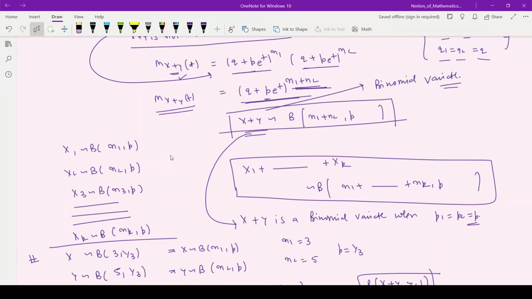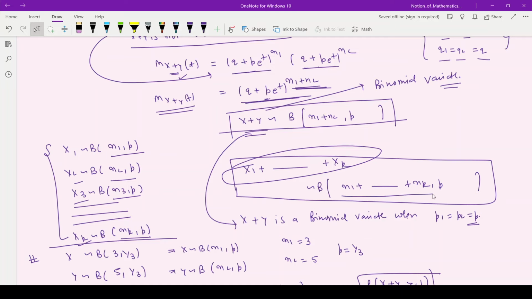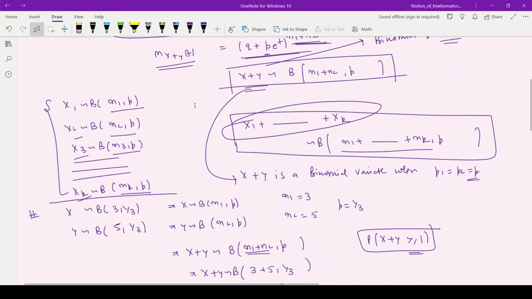Okay, so students, we can generalize it as well. Suppose X1 is a binomial variate with parameters n1 and p, X2 is a binomial variate with parameters n2 and p, X3 is a binomial variate with parameters n3 and p, and so on. Xk is a binomial variate with parameters nk and p. So as per the previous discussion, X1 up to Xk is a binomial variate with parameters n1 plus up to nk, and p. Or if I only talk about two variates, X plus Y is their summation. So from this particular condition, we can say that X plus Y is a binomial variate when p1 and p2